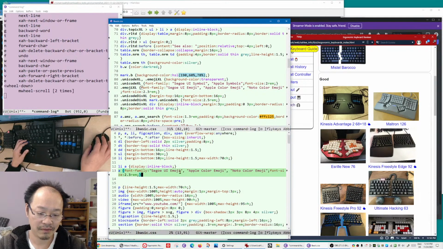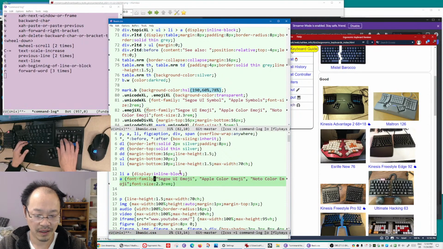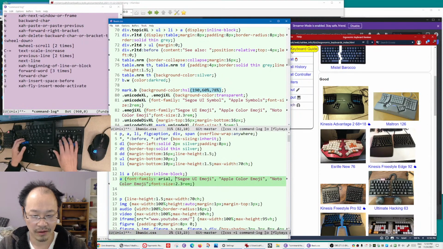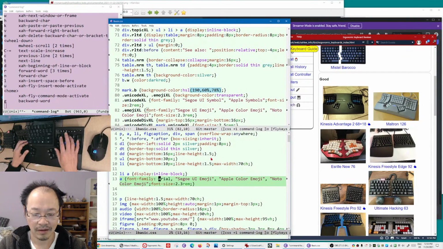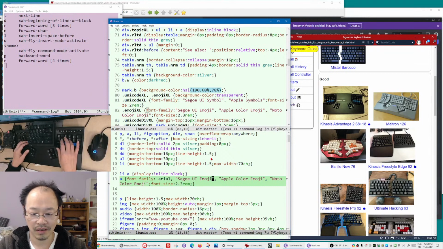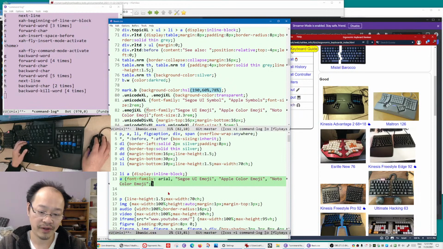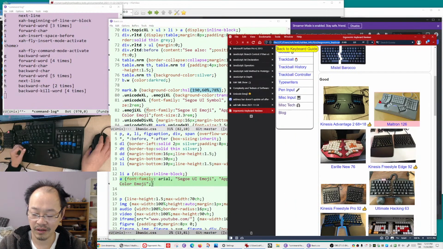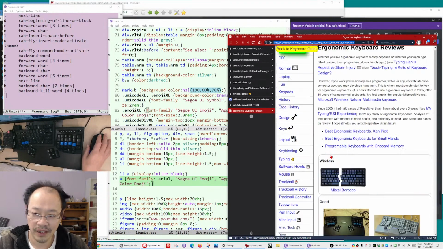But basically, the solution was, I was thinking, whenever you have a link, you specify font family, first of all, Arial, okay? Because that's the font I'm using. Then, after Arial, then use a circle emoji or apple emoji or Noto emoji, okay? Remove the font size. So that's one way to do it. For example, if I leave that, if I refresh, you see those thumbs become colored emoji. Now, this is not a good solution because